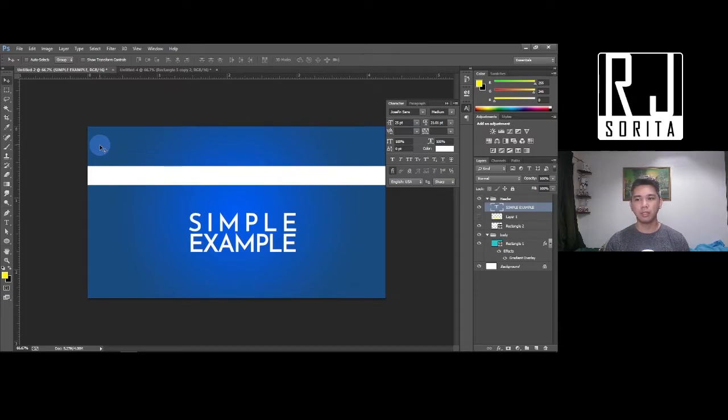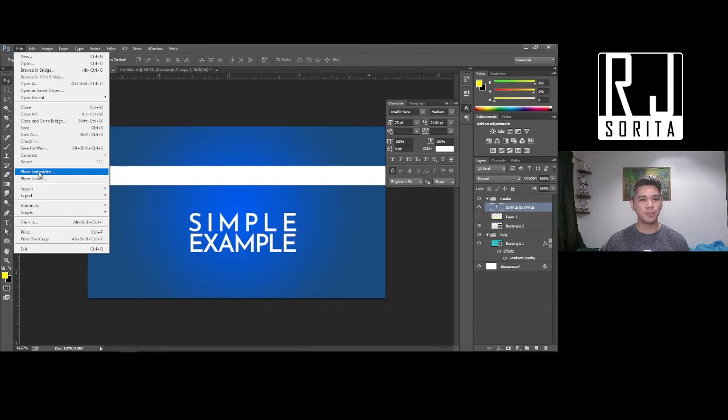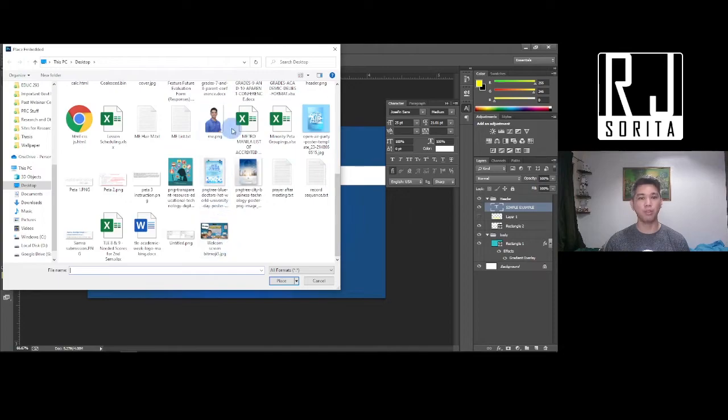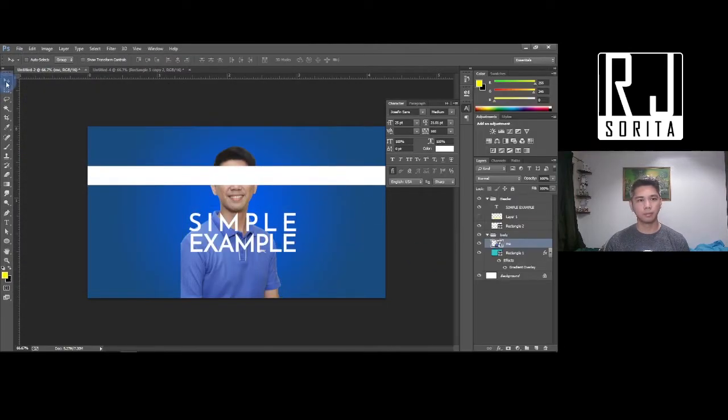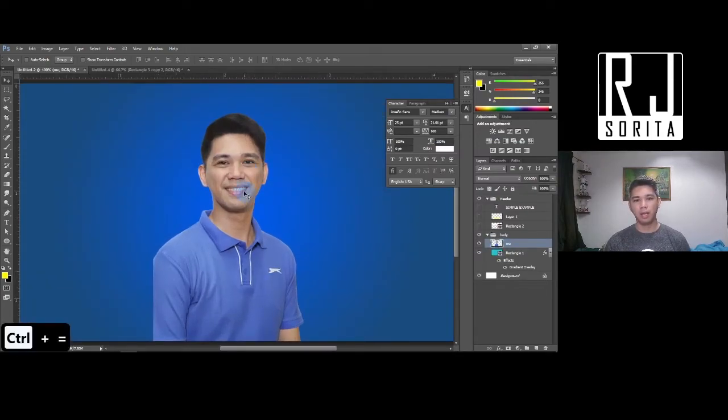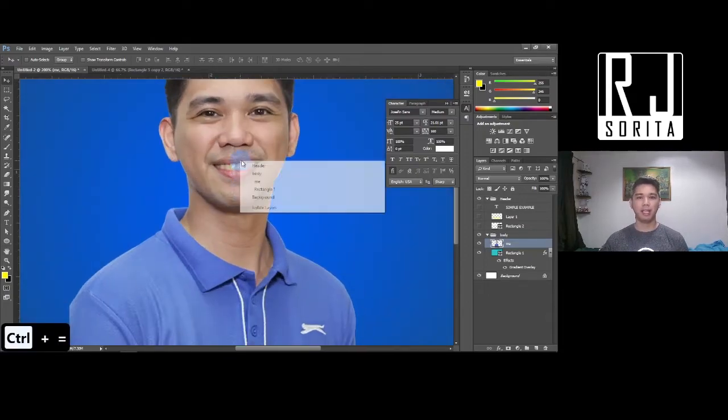What else? Merging layers. If you have too many designs, and of course you know that these designs must go together, like, let me just show you. I will place an image. Of course, I will use my face. Let's say, for example, I will add some things to my face, like